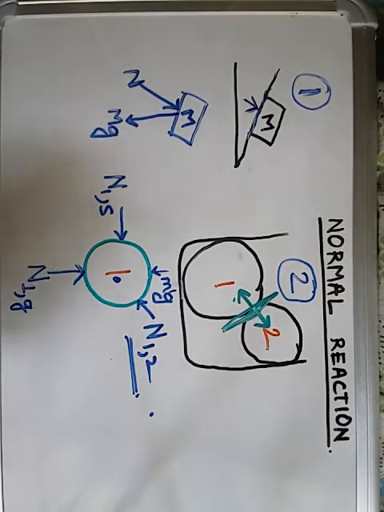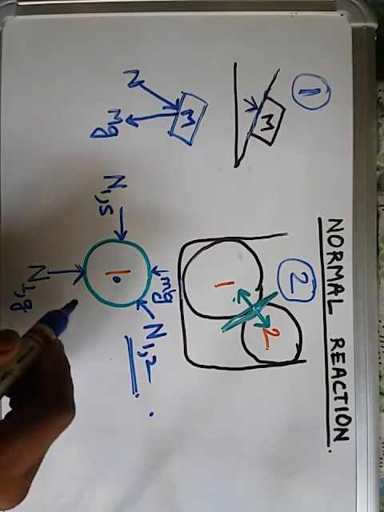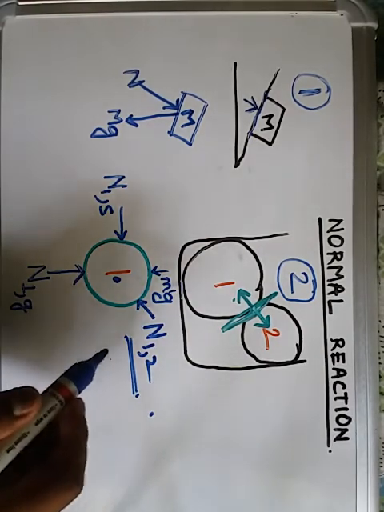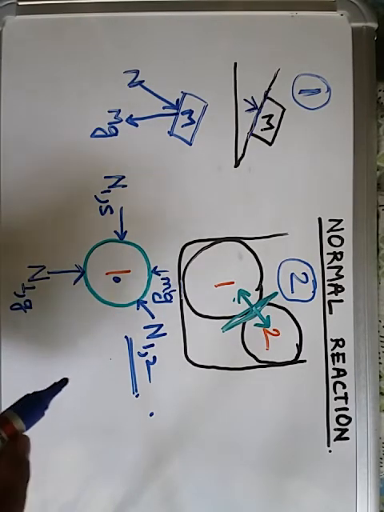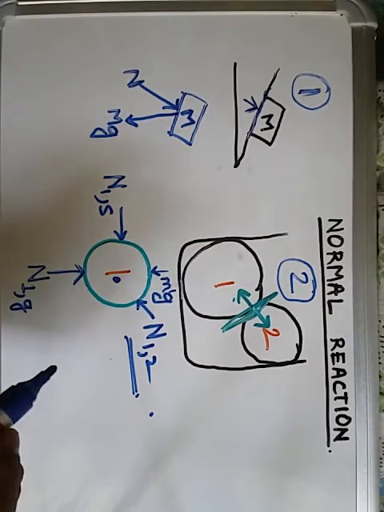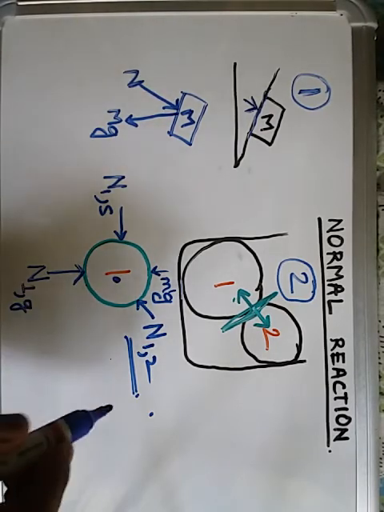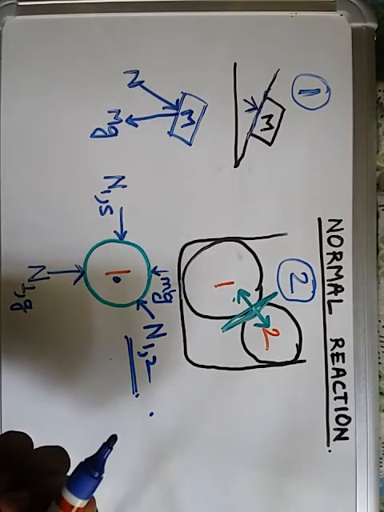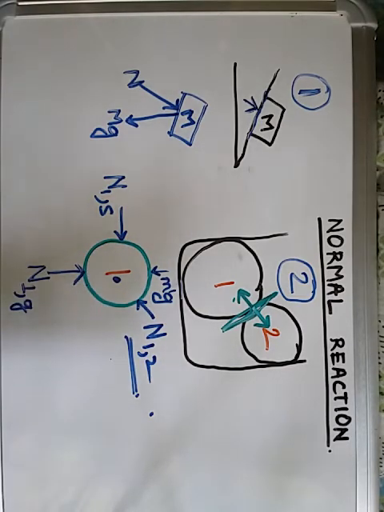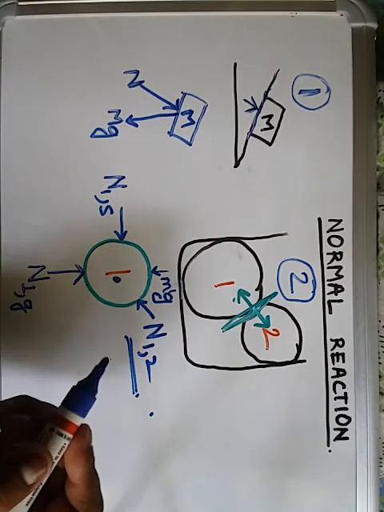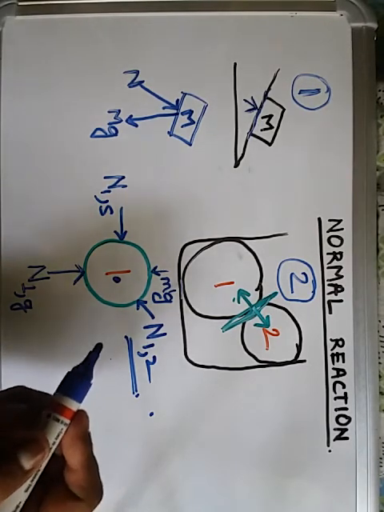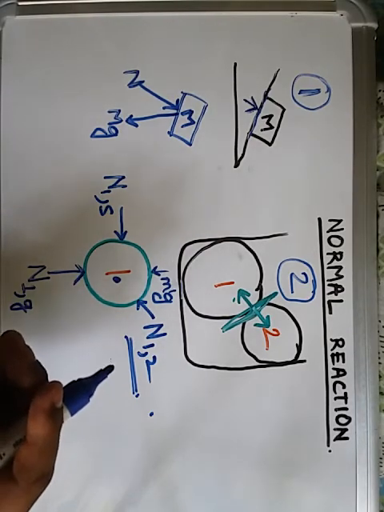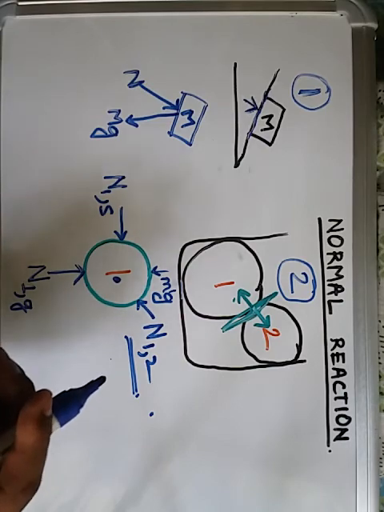Similar things can be done for body number 2. I am not showing it here. One thing that you have to keep in mind is that whenever there is a contact between two bodies, you always have to include the normal reaction. This normal reaction may be 0, but it is necessary to keep it, because in case there is a tendency of equal and opposite force acting between the two bodies, then the normal reaction would not be 0.